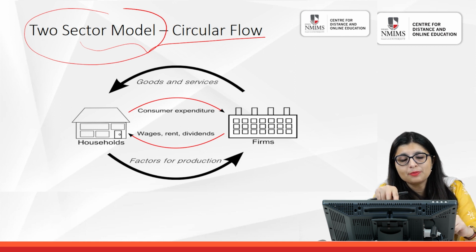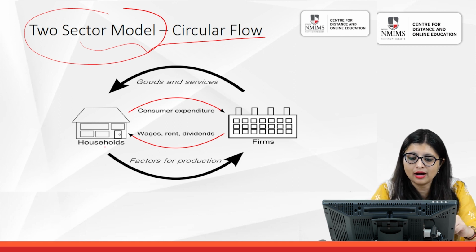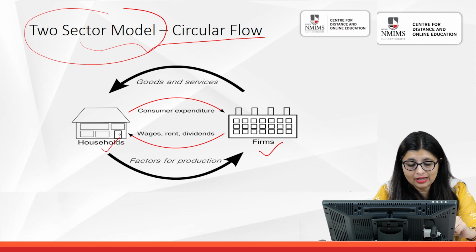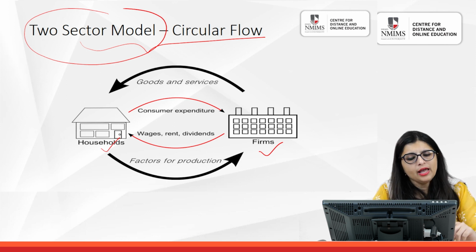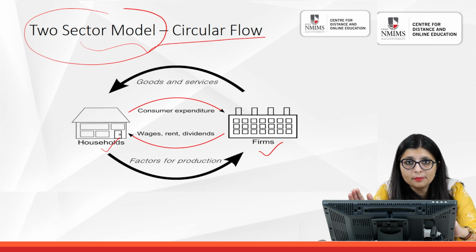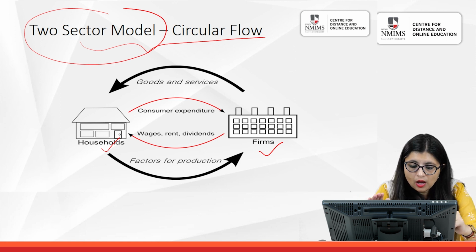What are the 2 sectors I am talking about? The 2 sectors are household and firm. So these are the 2 sectors in this particular figure. Now a common question could arise: what exactly is a household, what is a firm, and how does the circular flow take place? Well, when we are talking about a household,